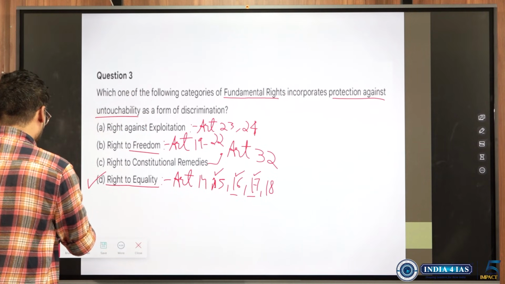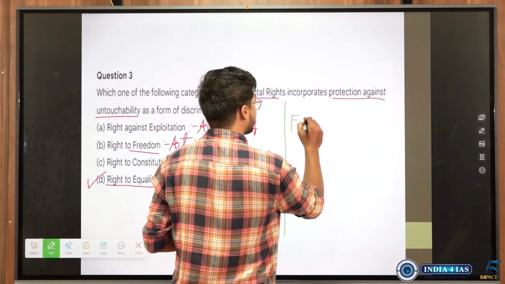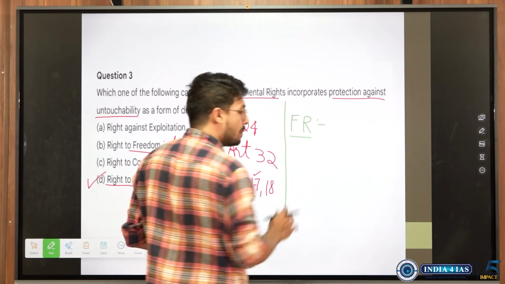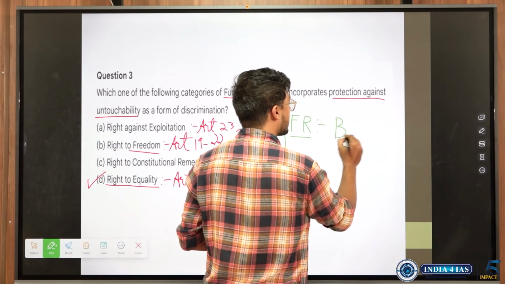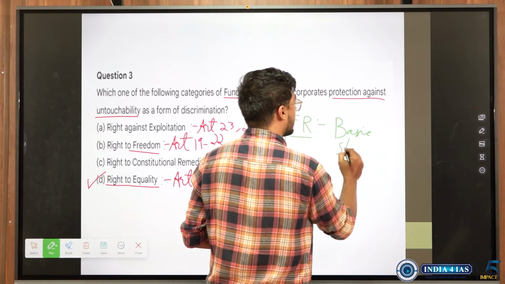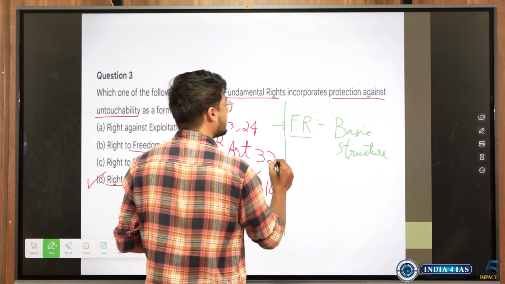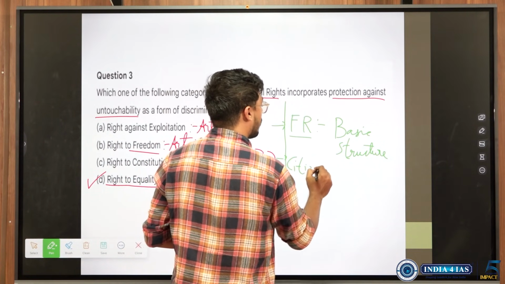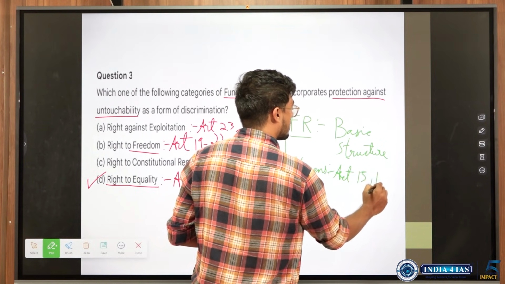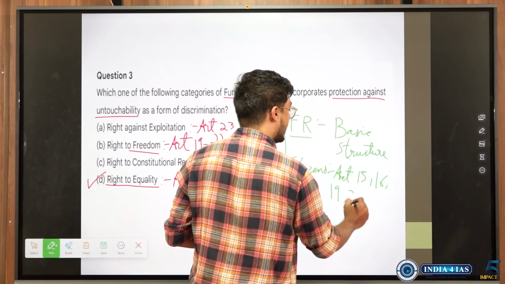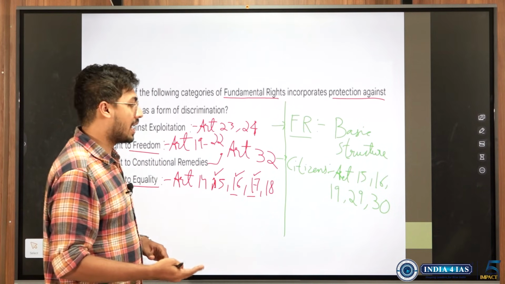So we also have to know a few other things with respect to fundamental rights. Are fundamental rights sacrosanct? Are they permanent? No. They can be amended. But can all the fundamental rights be amended? No. Those things which are mentioned in the basic structure cannot be amended, as said in the Kesavananda Bharati case. Which are the fundamental rights available only to the citizens of India? There are 5 fundamental rights: Articles 15, 16, 19, 29, 30. The rest of the fundamental rights are available even to foreigners and not just citizens.